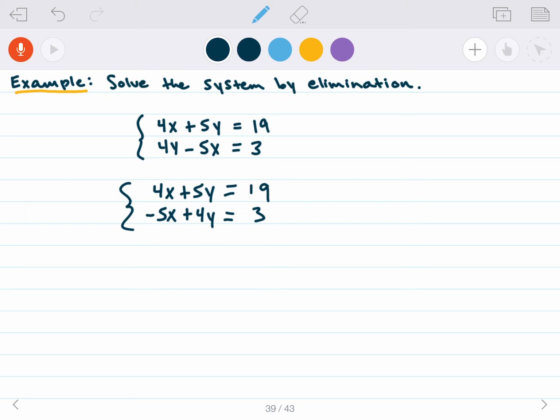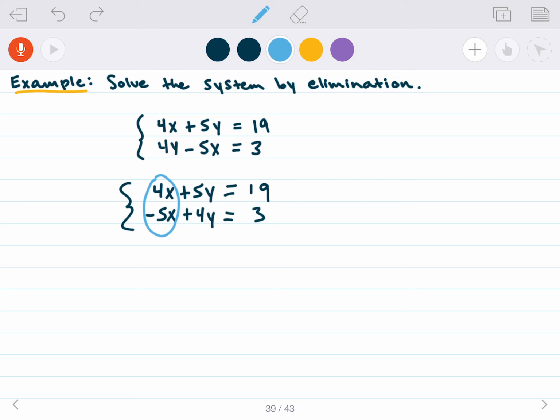Now, looking at the variables themselves, I see that I do not have equal and opposite coefficients. So I have to create that by doing something to both sides of one of the equations or both of the equations. So I'm going to choose to eliminate the blue one. So I'm just going to focus on the x coefficients. And what I notice is that